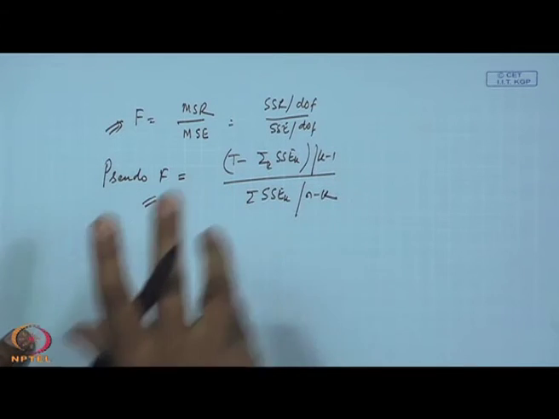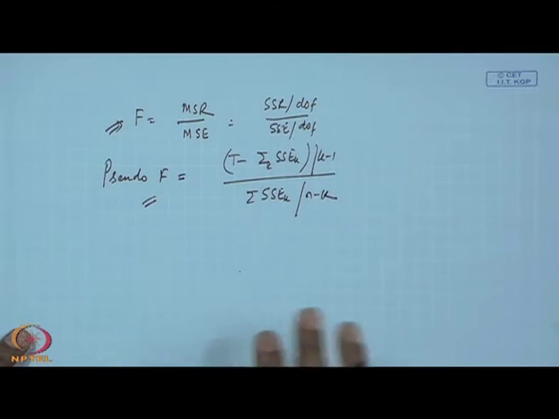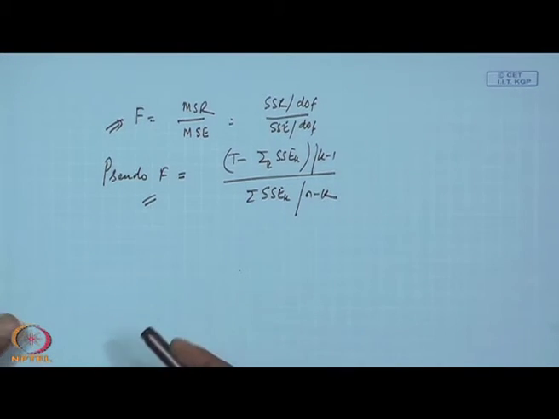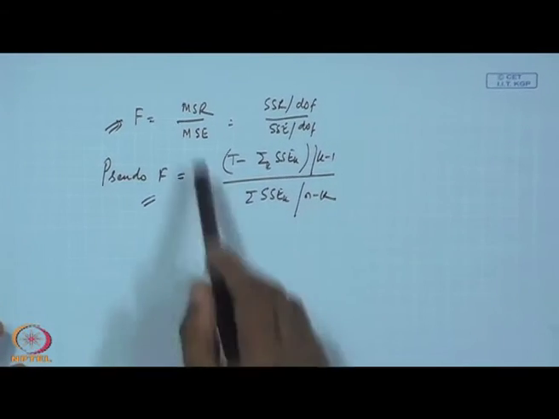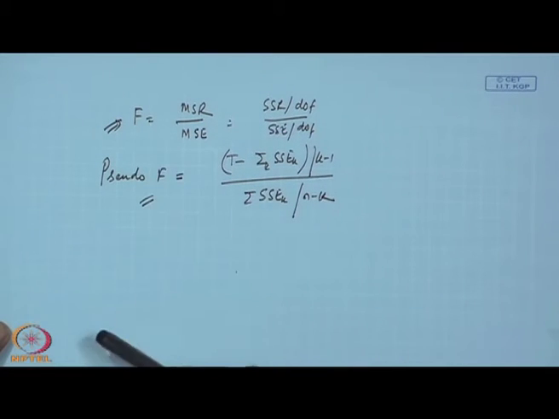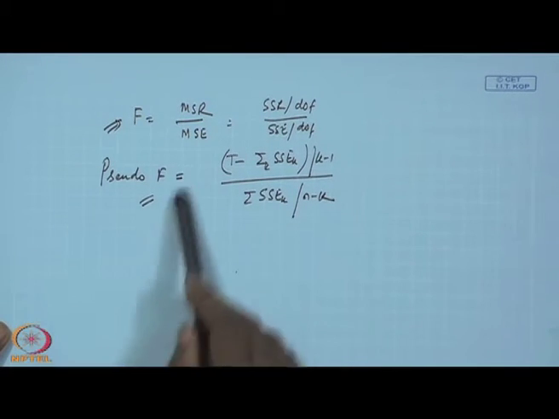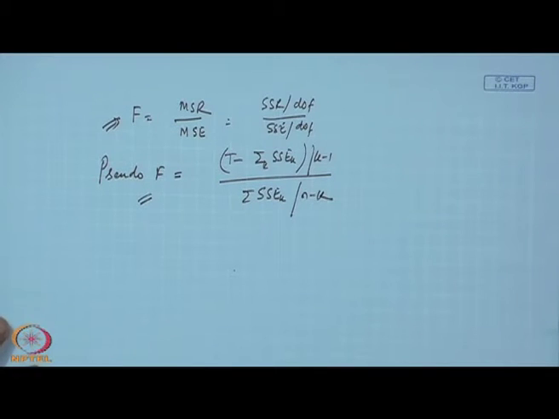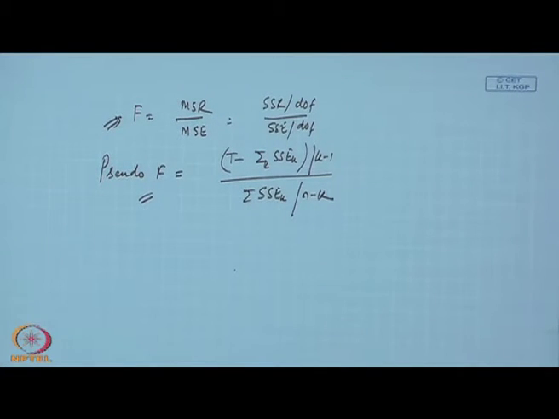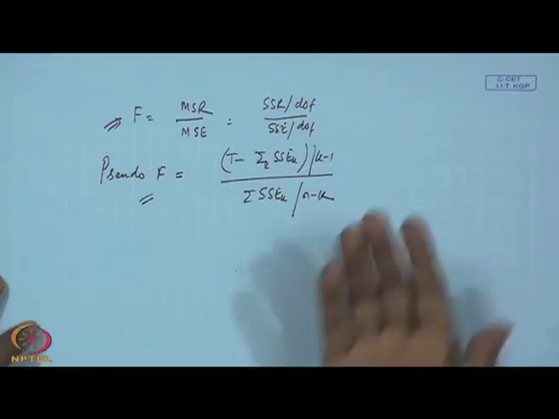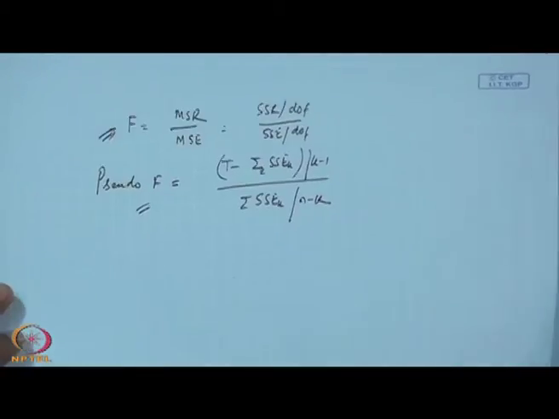You are in a group, there are several individuals, so what joint distribution will they follow is not clear. Is it multivariate normal? If not, then how can we say that this will follow an F distribution? That is why we are talking about the pseudo F distribution. And in a similar manner you have to decide the number of K.